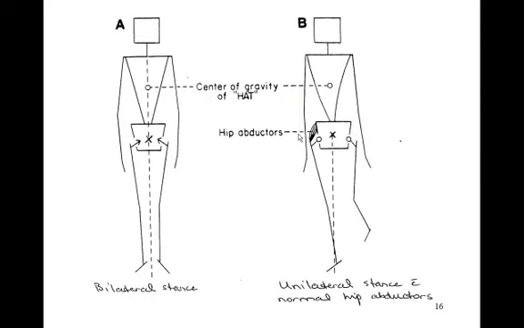One of the things you want to remember with all these lower extremity muscles is that when we're looking at functional activities, we have to think not only what these muscles do in open chain, but what they do in closed chain. And of course, the hip abductors are incredibly important for stability in unilateral stance. So when we're normally standing here with bilateral stance, line of gravity coming through the center of the pelvis, there's